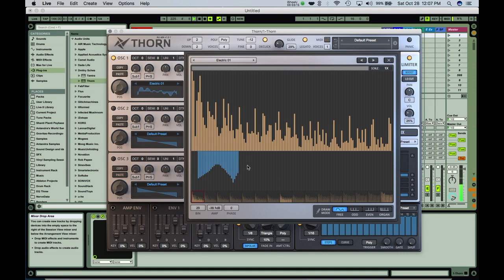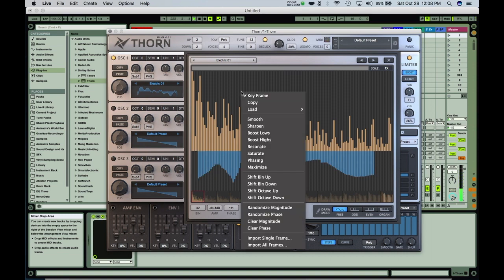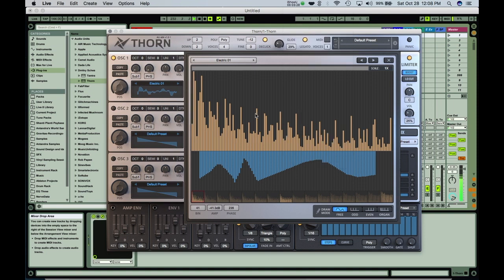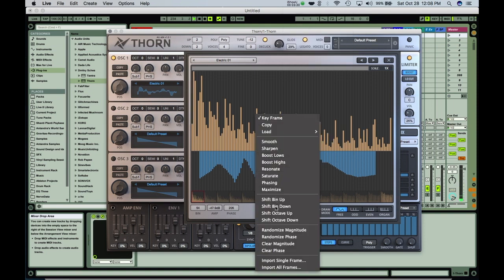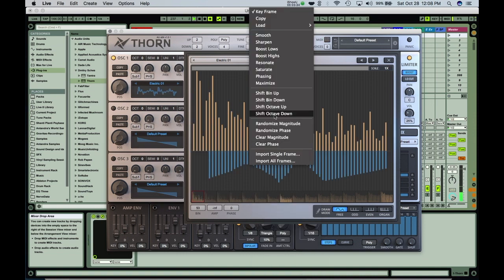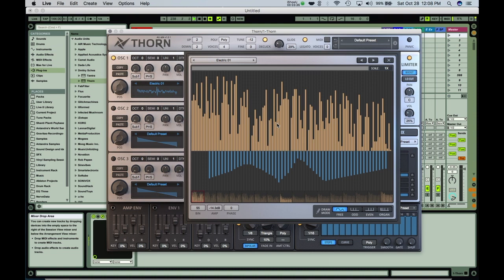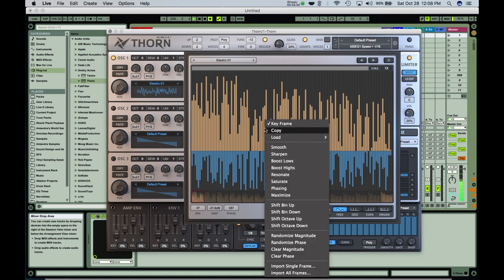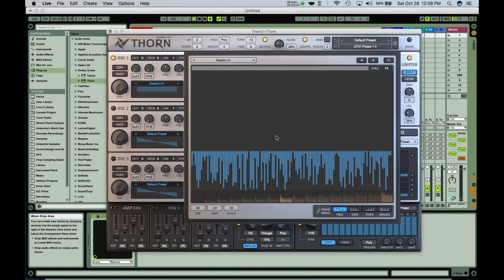You can also go in here and draw your own phasing. Maximize. You can also shift a bend up, or shift a bend down, or an octave up. Octave down, randomize phase, clear